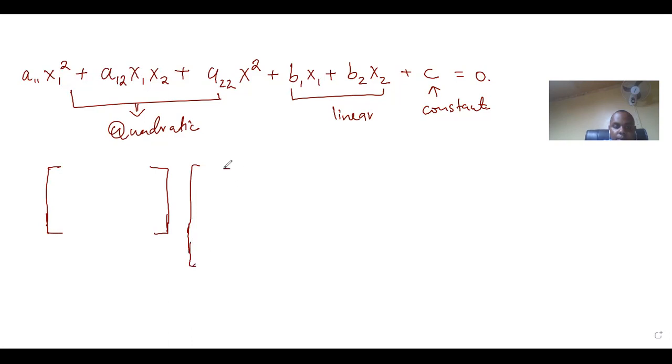It's going to be one row, one column. And this could be,